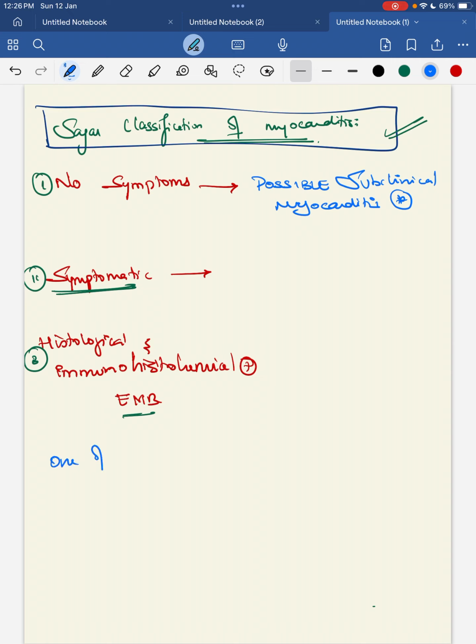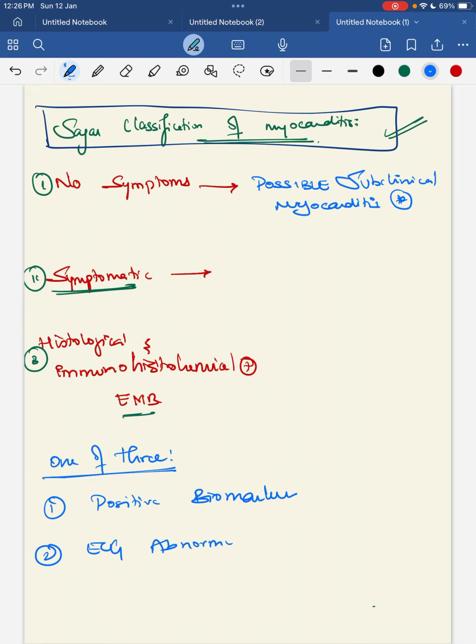So when the child has any one of these 3 without any symptoms, then you can call the child to have a possible subclinical myocarditis. Second, if the child is having the symptoms of heart failure with one of these 3, then you can call the child to have a probable acute myocarditis. Fine? Yes. When the child is having a histological and immunohistochemical presence or features in your endomyocardial biopsy,